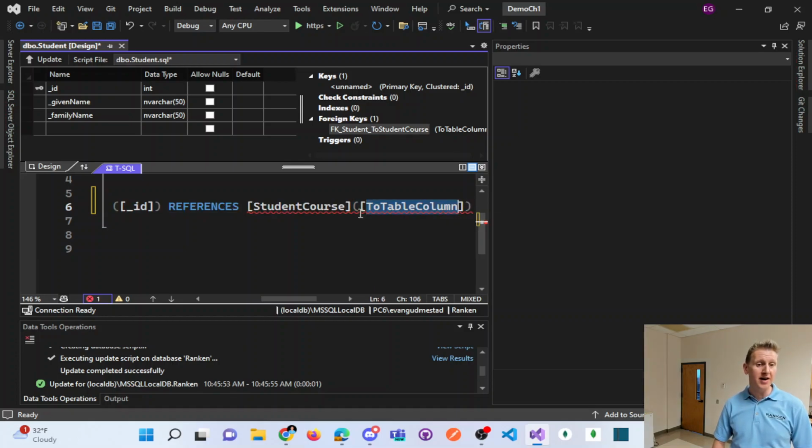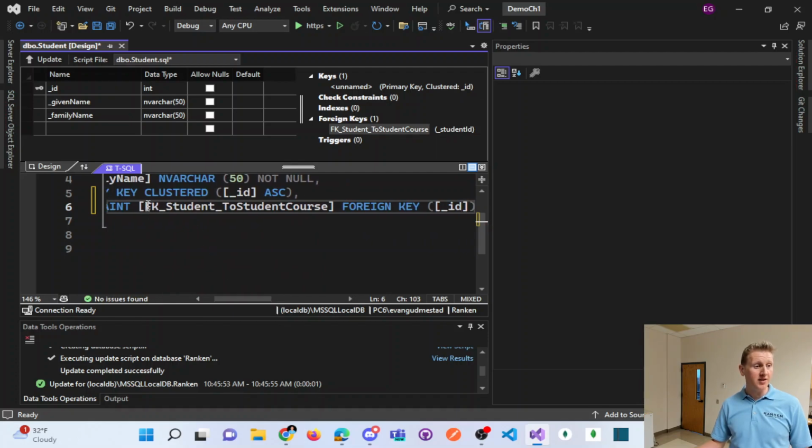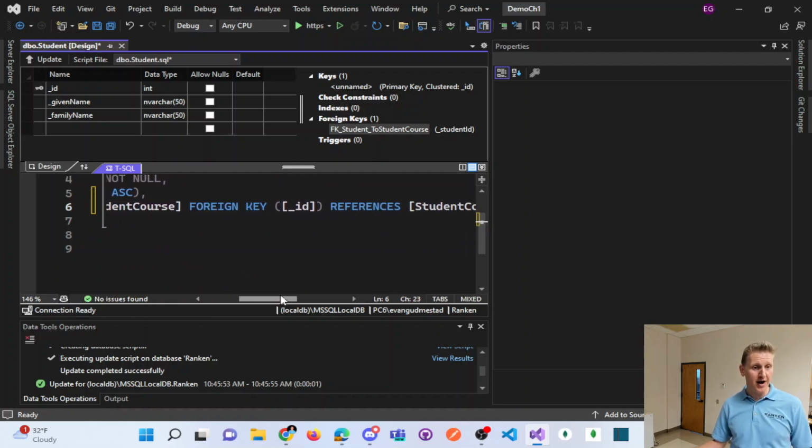What is the column there called? I think we called it underscore student ID. So this is creating a foreign key constraint where the primary key is ID in this table, references